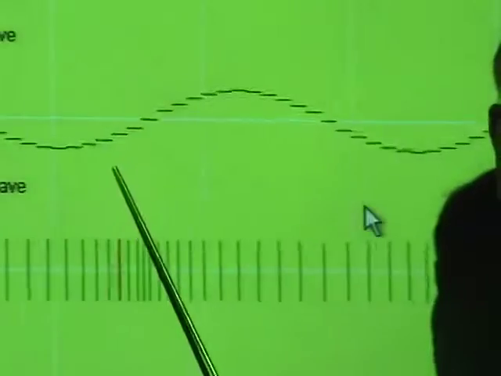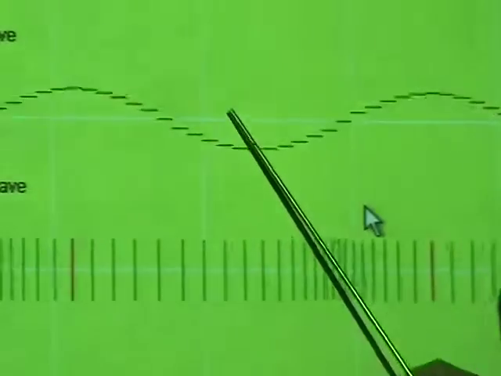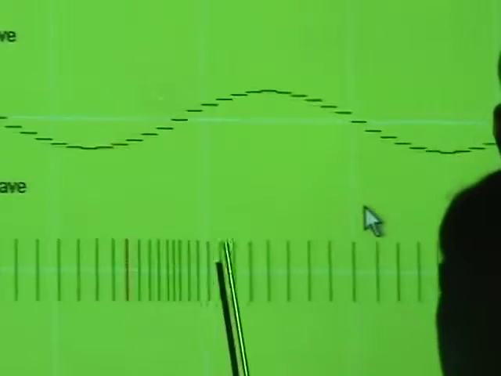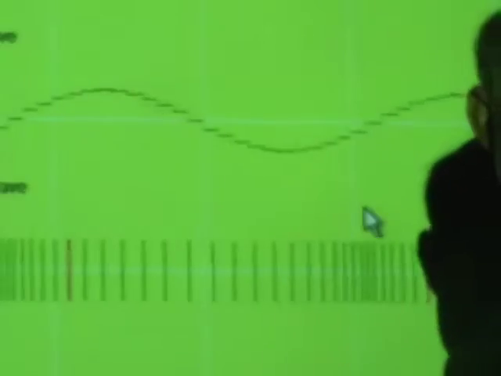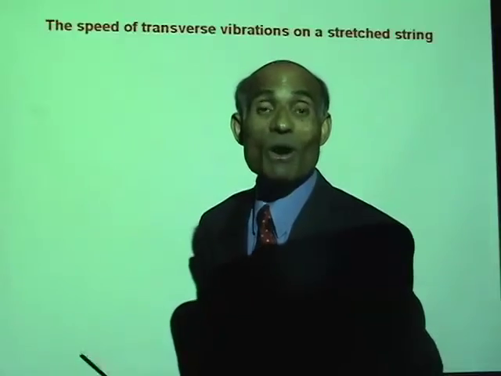So try and distinguish between a transverse wave, which generates crests and troughs, and longitudinal waves that create high density regions and low density regions. We will now obtain a